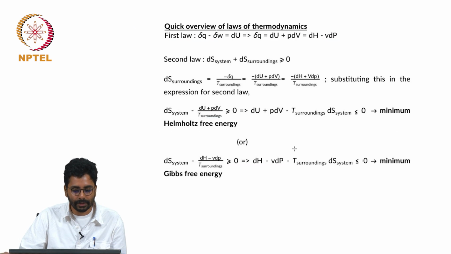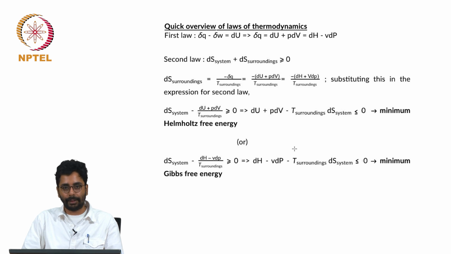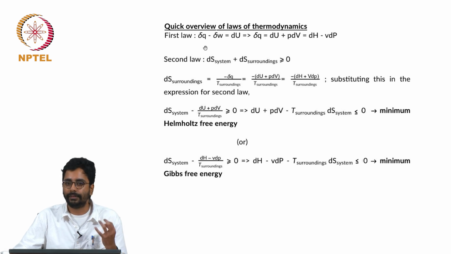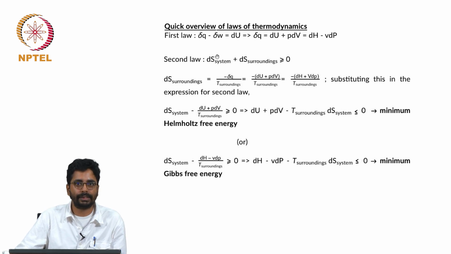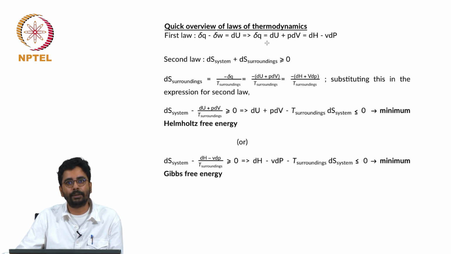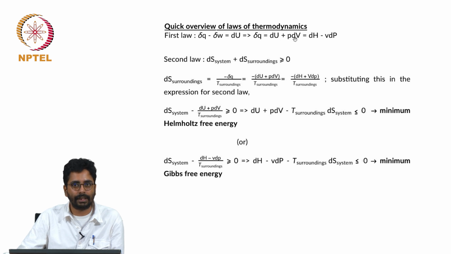Yeah. So just a quick overview of the laws of thermodynamics. Now that we have convinced ourselves that we can apply the laws of thermodynamics, let us quickly go over the equations. The first law is the law of conservation of energy. When applied to a fixed mass undergoing a process, it is simply the difference between the heat transferred and the work done is equal to the change in the internal energy of the mass, which, when we only allow for displacement work or pressure volume work, the work interaction is PdV. Therefore, the equation can be expressed either in the form of internal energy or as enthalpy.